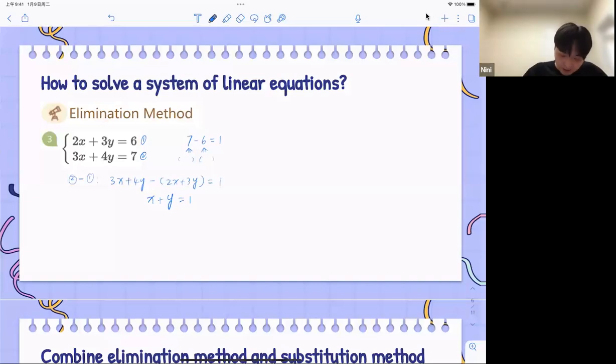And let's write it down as x in the form of y. So that would be x is equal to 1 minus y. Then we can again do the same thing as we did for question number 2. We're trying to put this form in terms of x into either of the equations, and either of them works this time. So let's try to make things easy and put them into equation 1. So for equation 1, now we get 2 times 1 minus y, minus y plus 3y is equal to 6. So that will be